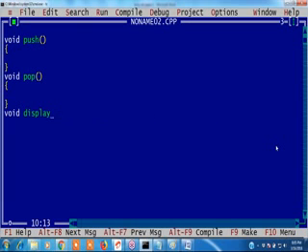We'll write the code later. Push and pop and this display also I'm writing, and the main function code also I will write.